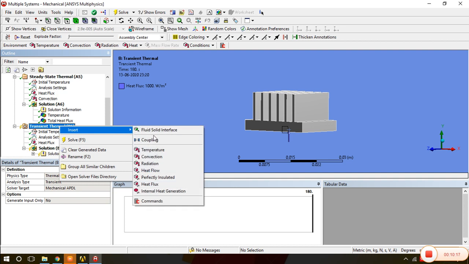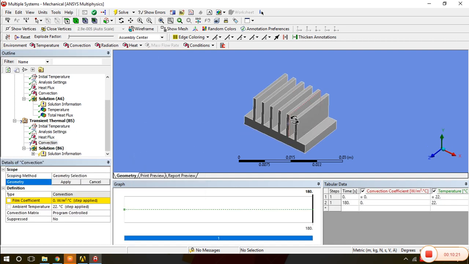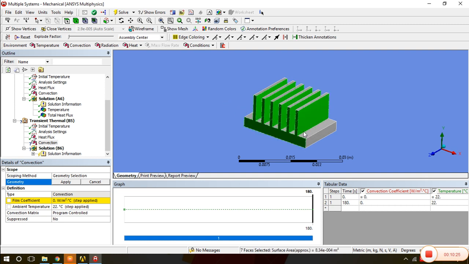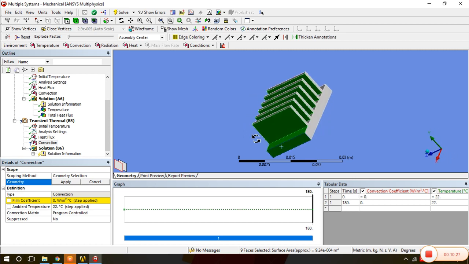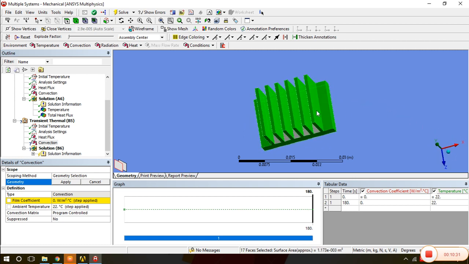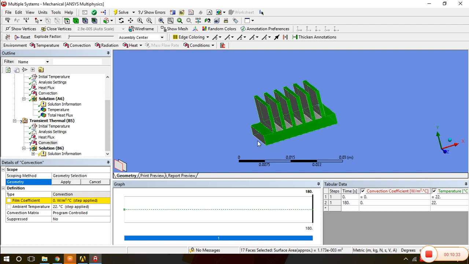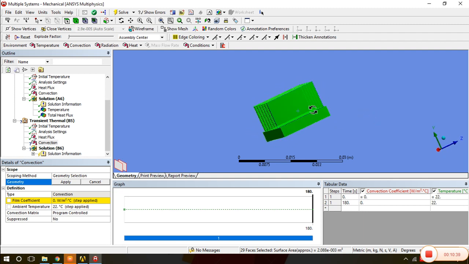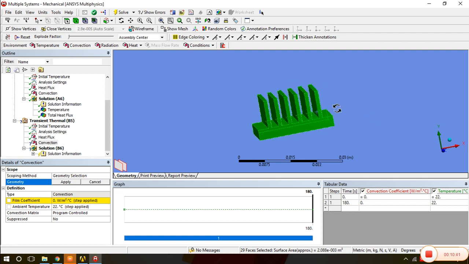Now for the heat transfer method we have to use convection. Similarly, for the convection we have to select the faces, all the faces except the bottom. You have to hold the control button and drag the mouse by clicking the left button of the mouse.